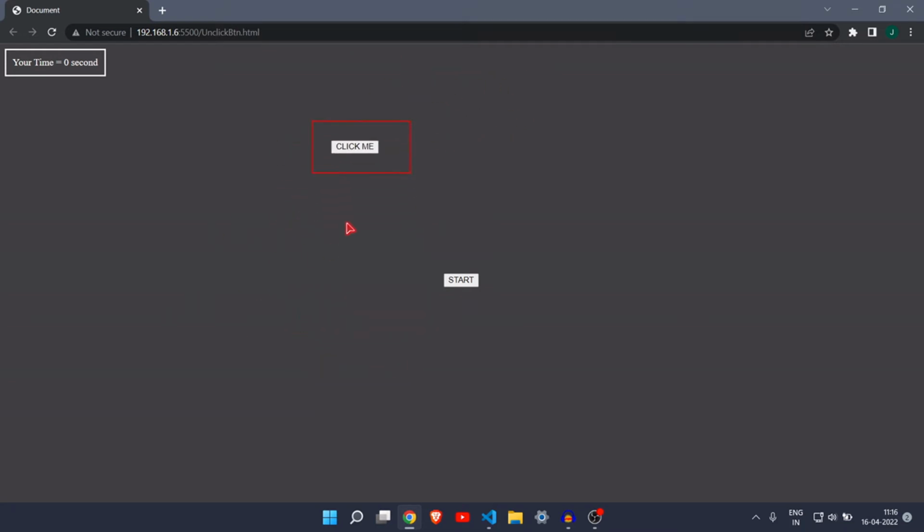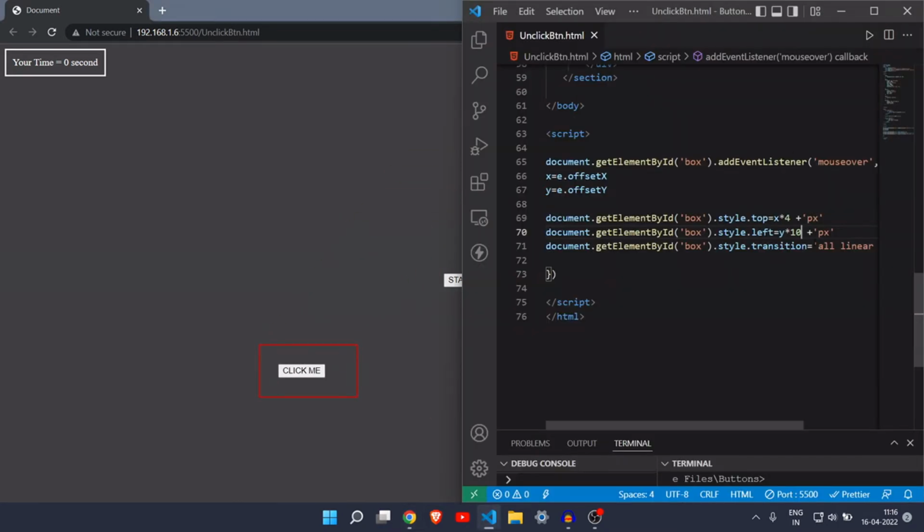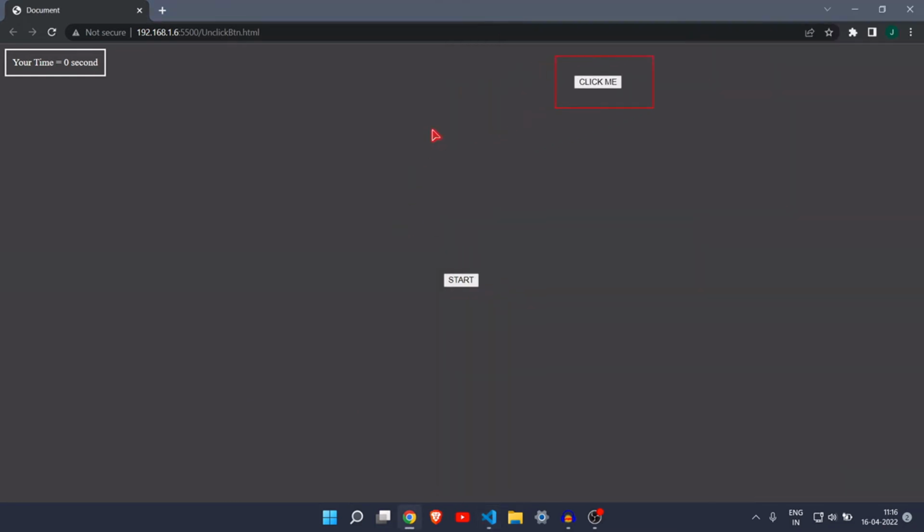Okay, so now it is looking cool. And it is not going right. So for moving it to the right, let's increase that to 15, and now let's see. And yes, as you can see here, it is now looking great. So yes guys, as you can see, our unclickable button is ready, but one thing is remaining,